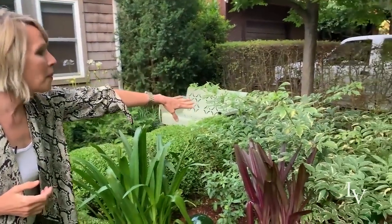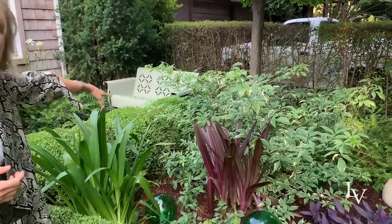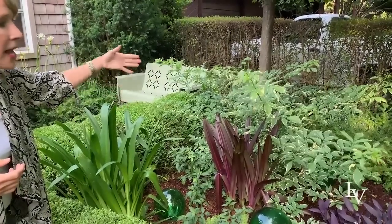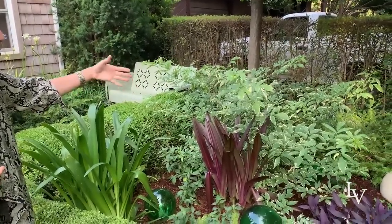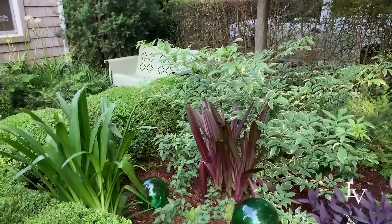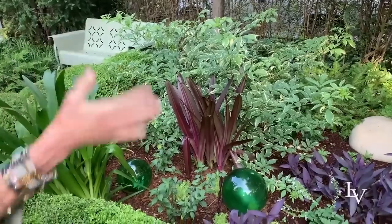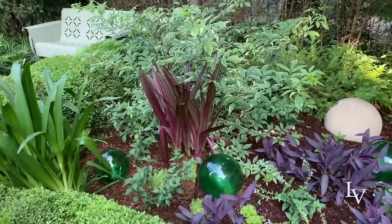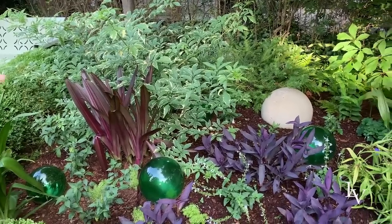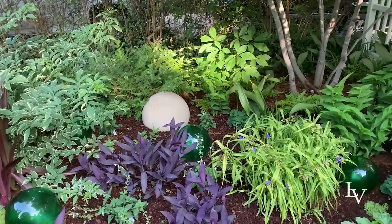You'll see another beautiful elderberry. I love the quality of the way it grows, and that's been taken into account in how all of these plants have been positioned. So you might want to just pause here, you might want to screenshot some of this so that you can capture how all of these different textures and colors play together. Lots of negative space. Unlike my garden, this has lots of negative space, which really helps to frame each individual